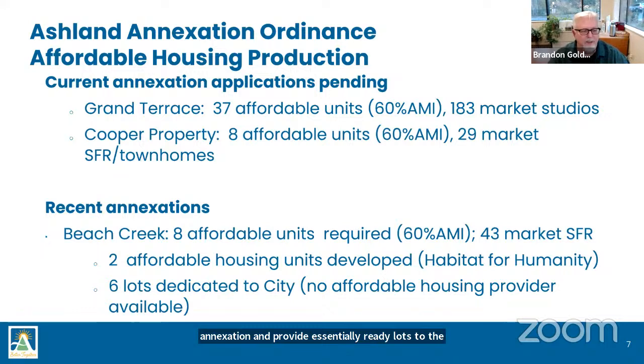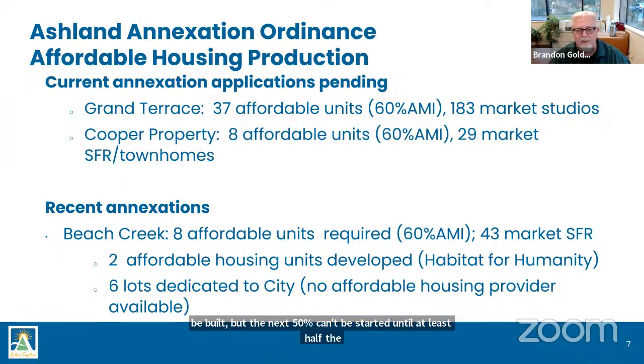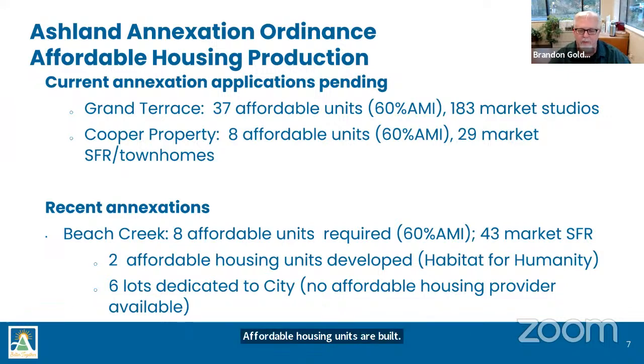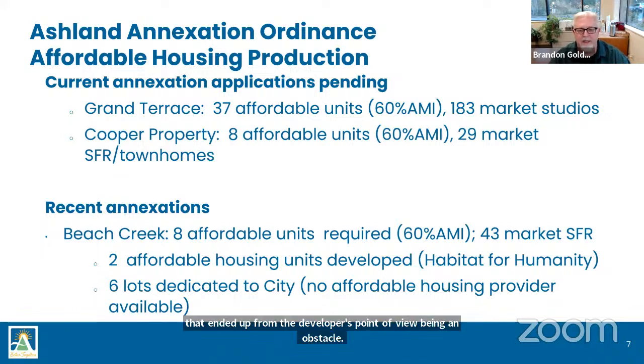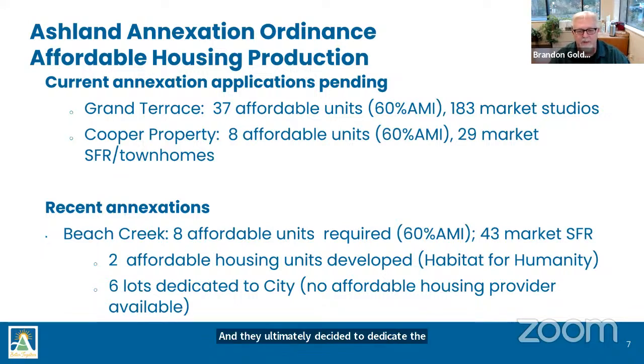Through this process, we also have timing requirements where 50% of the market rate units can be built, but the next 50% can't be started until at least half the affordable housing units are built. So that ended up, from the developer's point of view, being an obstacle. And they ultimately decided to dedicate the land area in order to essentially wash their hands of the requirement for